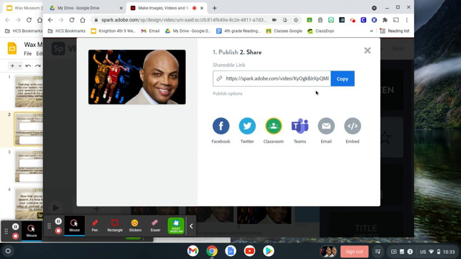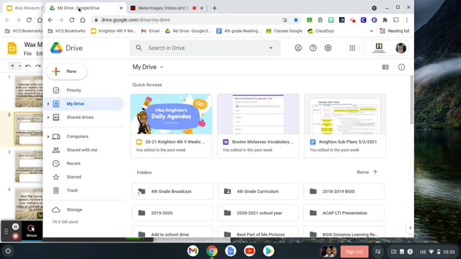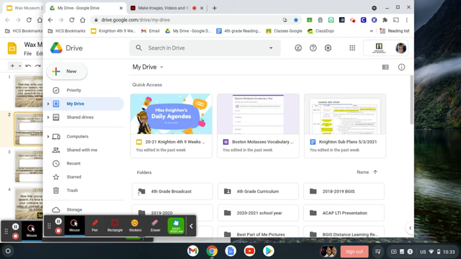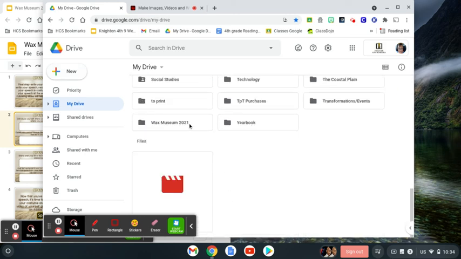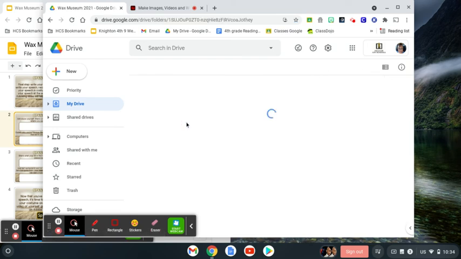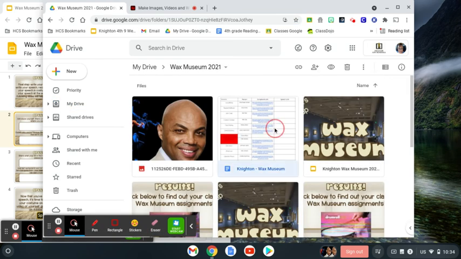Now what I want to do is copy this link, and then I can go to the form that you are going to pull up on Google Classroom. Of course, I'm not going through Google Classroom, but you guys will.